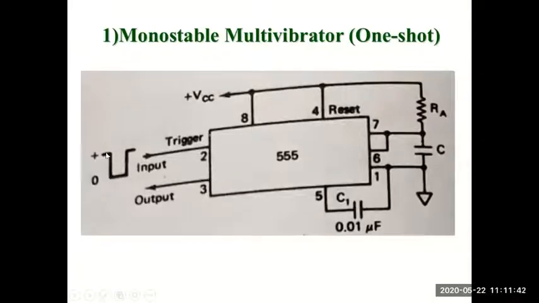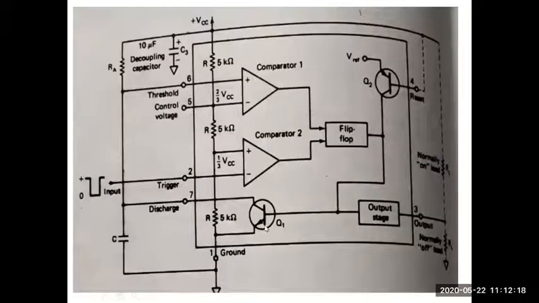Next, the input trigger pulse is given at pin 2 and the output is measured at pin 3. So this is the basic connection diagram for a monostable multivibrator. Please notice the type of trigger we give. We give a positive trigger, but it is a negative-going pulse which varies from some positive voltage, say VCC, to 0, and again, after a short duration, it goes back to VCC. Usually we give this kind of trigger, but I told you it will work for a square wave also. So here we have the detailed internal diagram.